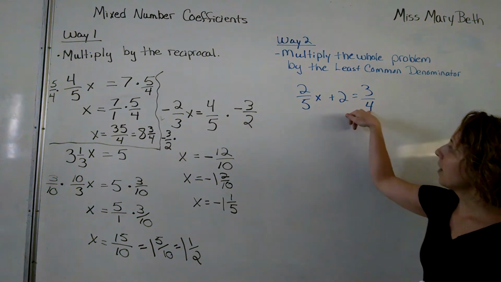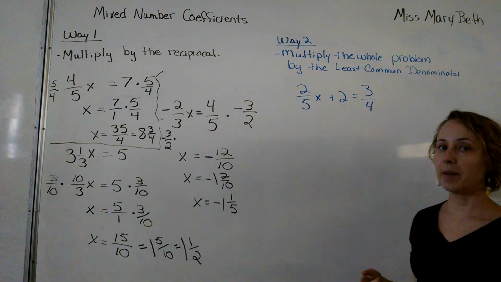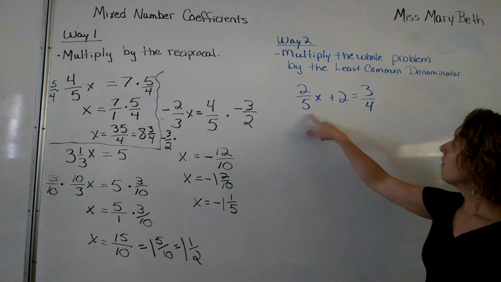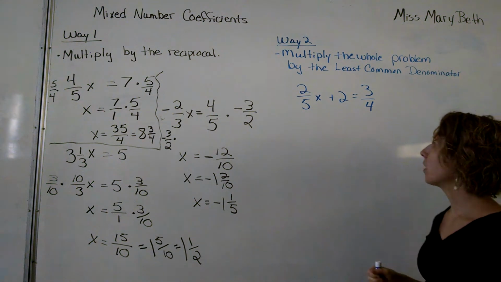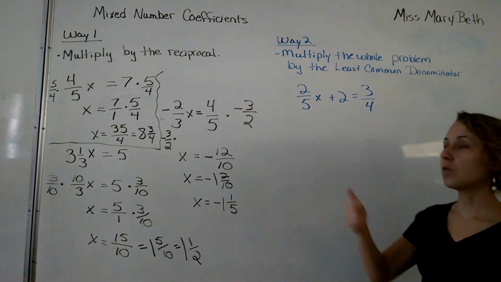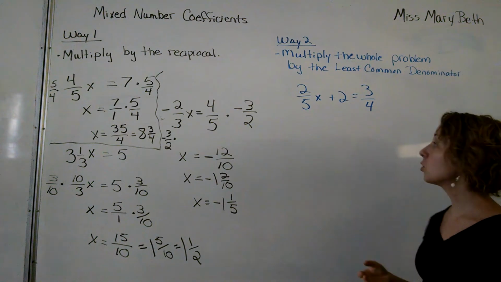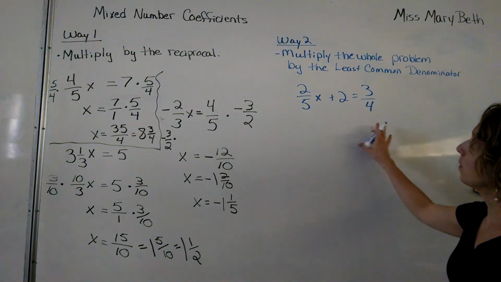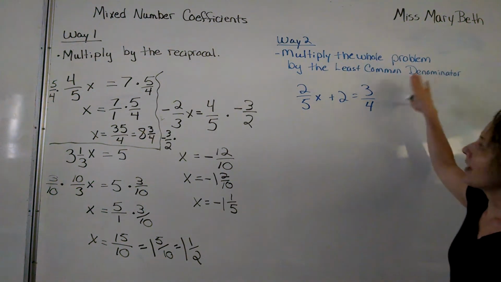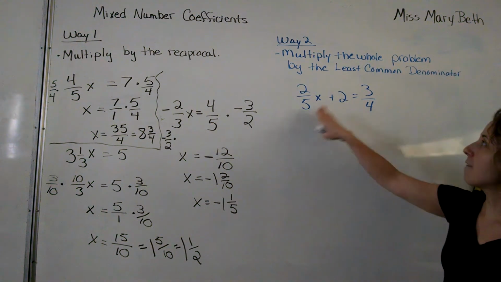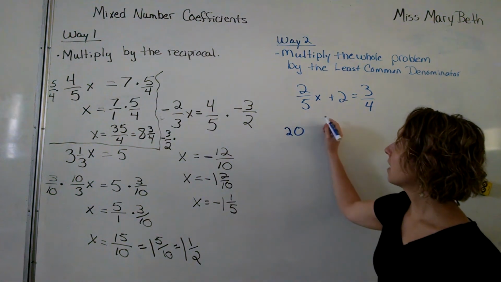Okay, so I have 2 denominators. I have a 5 and a 4. Let's find our least common denominator, and I'll show you how this works. 5 and 4, so start counting by 5s. 5, 10, 15, 20, 25. Start counting by 4s. 4, 8, 12, 16, 20. The first number on both lists is 20, so my least common denominator will be 20. Here's what you can do. Multiply that least common denominator times everything on both sides. So 20 times